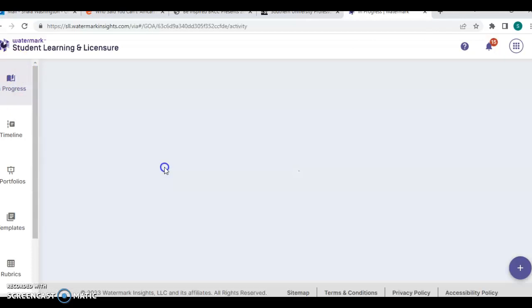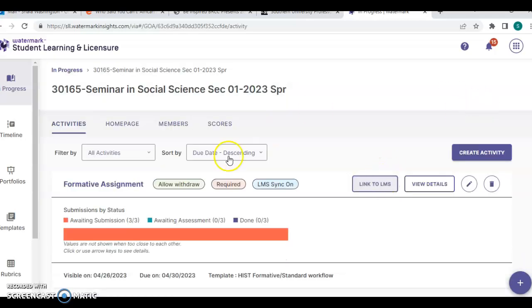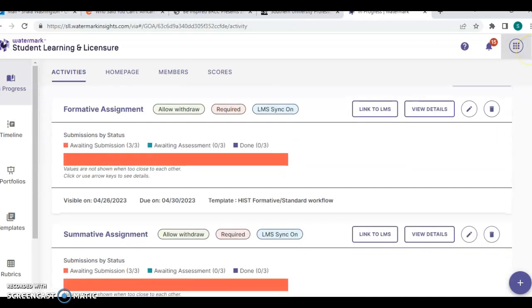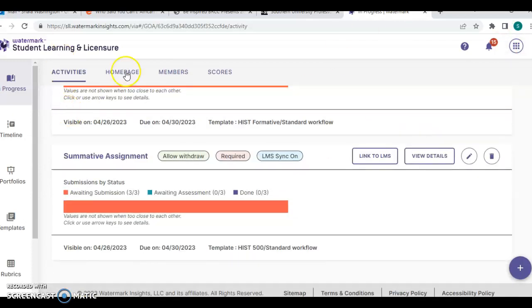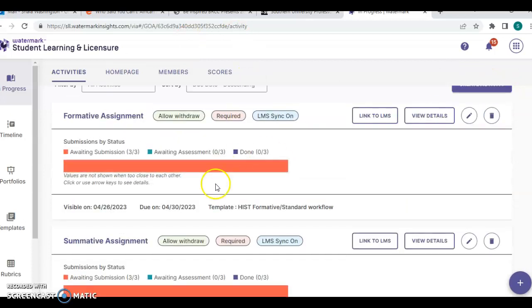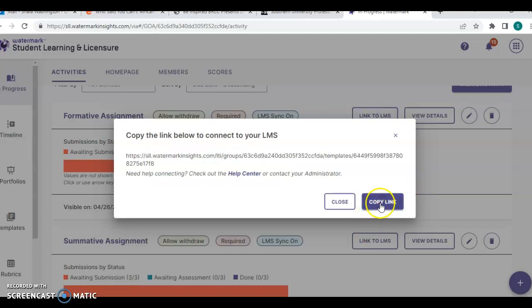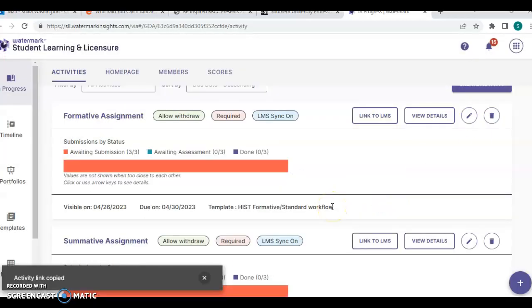And of course, once you click on your section, you will see the activities, formative and summative. So, they have closed already. If you need me to edit it, or if you need to edit it, you can always just click this button on your end. And this is the link. You'll be able to hit link, hit copy link, and take it to your Moodle and upload it in that way as well.